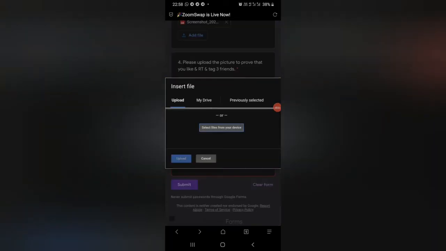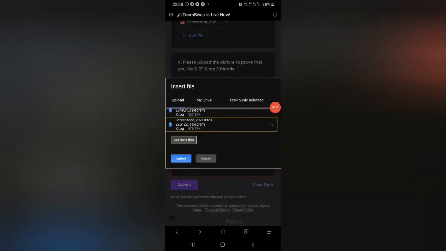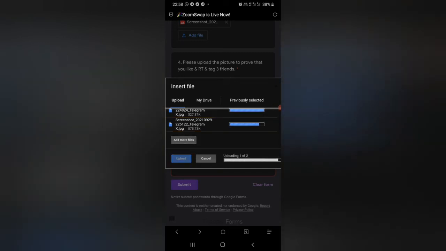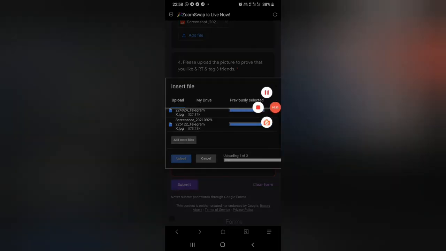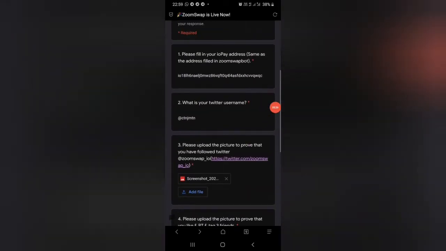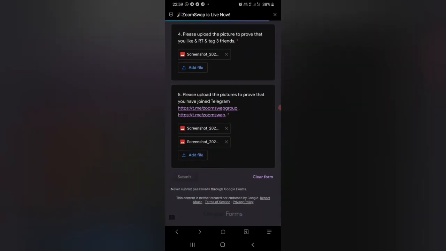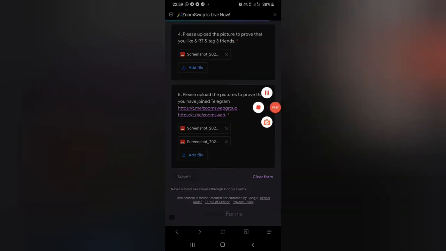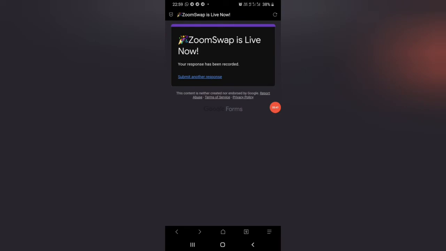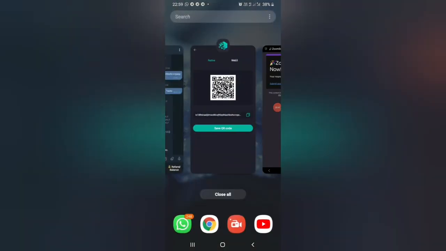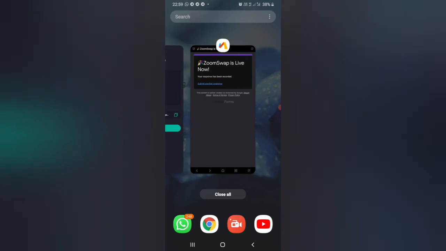The second option, you should upload the like and retweet task, and the third one, you should upload the Telegram group and channel joining screenshots. Just check the form again and hit the submit button. You have been entered into the ZoomSwap airdrop.